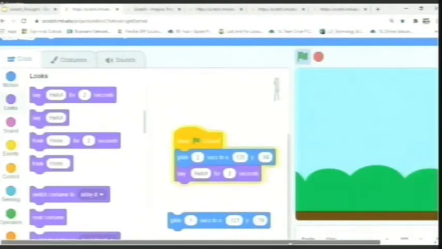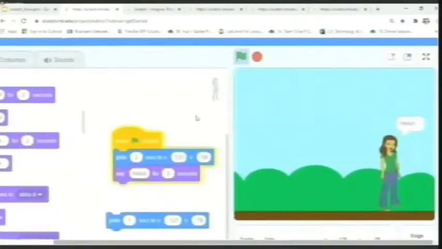Ms. Pratibha, these are the ready-made formats available? Like these say hello for 2 seconds and all? And we can make our own as well. You can make your own as well. But these blocks, which are already predefined, will help you in creating your own content. Of course. Yes. So having said that, let me play it again.